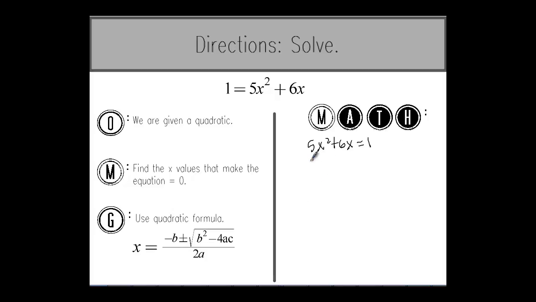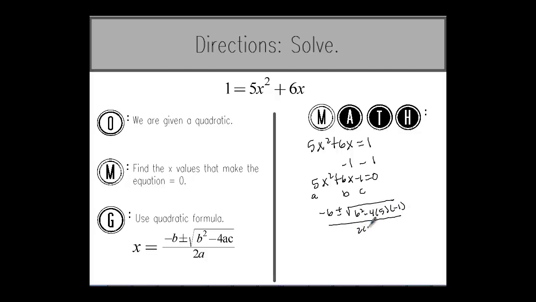We're going to take the equation 5x squared plus 6x equals 1 and set it equal to 0. So we subtract 1 from both sides, which leaves us with 5x squared plus 6x minus 1 equals 0. Once we have it in this form, we can apply the quadratic formula. So I'm going to use 5 as my A, 6 as my B, and 1 as my C, and plug it into the formula. It's going to be negative 6 plus or minus the square root of 6 squared minus 4AC